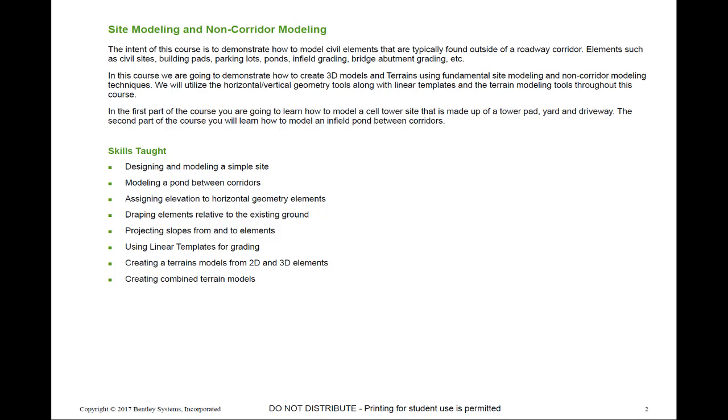So in this course, we're going to demonstrate how to create 3D models and terrains using fundamental site modeling and non-corridor techniques. We'll utilize the horizontal and vertical geometry tools, along with linear templates and terrain modeling tools throughout this course. The first part of the course, you're going to learn how to model a cell tower site. It's made up of a tower pad, a yard, and a driveway. And then the second part of the course, we're going to take a look at how to model an infield